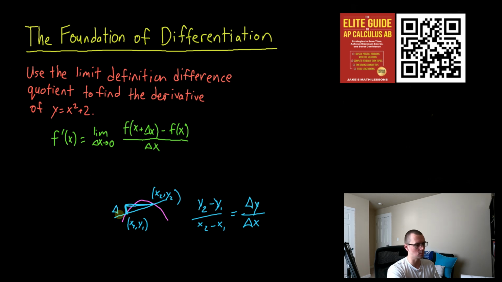So change in y, delta y, and then delta x, change in x. Rise over run is slope, right? Rise is your change in y, the difference between the heights of those points, and then the change in x is the run, the difference between the x coordinates of those. So change in y over change in x, or delta y over delta x, gives you rise over run, which is what slope represents. So the reason why I like this notation is what it's essentially saying is, okay, we're